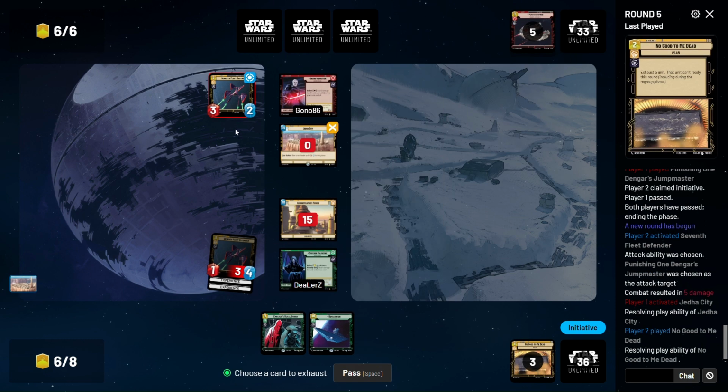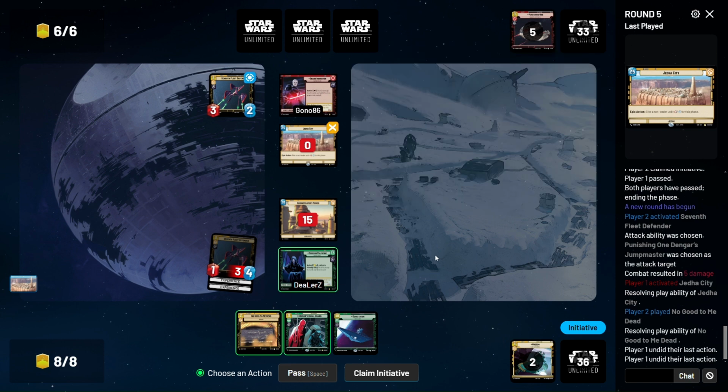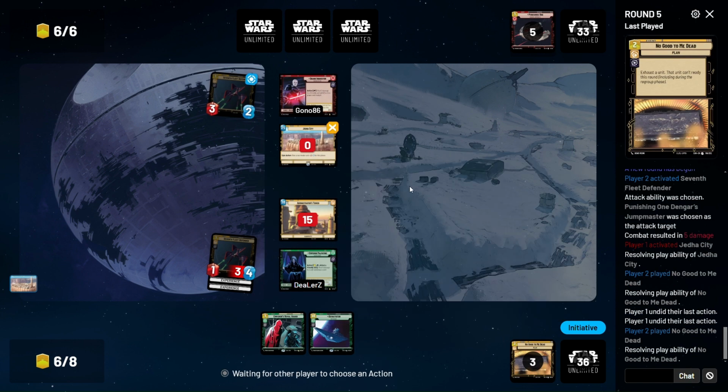Okay. No Good to Me Dead. And we will play... I'm sorry, what just happened? Give a non-leader unit. Okay. Really confused as to what he's doing. That's all he was trying to do, was undo that? What? I'm so confused. Okay, he plays Inquisitor. We play...